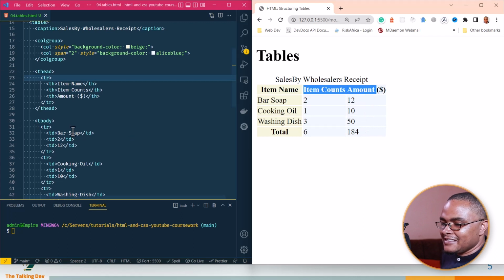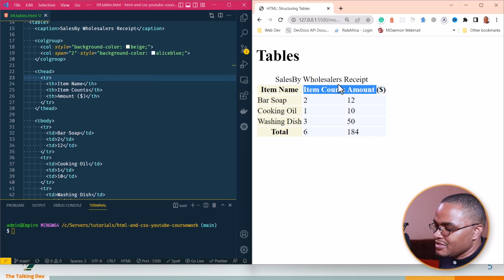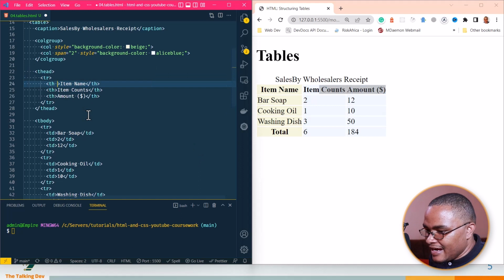So let's do that. Because the item particular title will be on top there, these two will still remain there. So what we'll have is that these two sections will hold two rows. So we need to think of how to combine that one, and then the first one will span two columns. You see? So let's go to the first table header and add